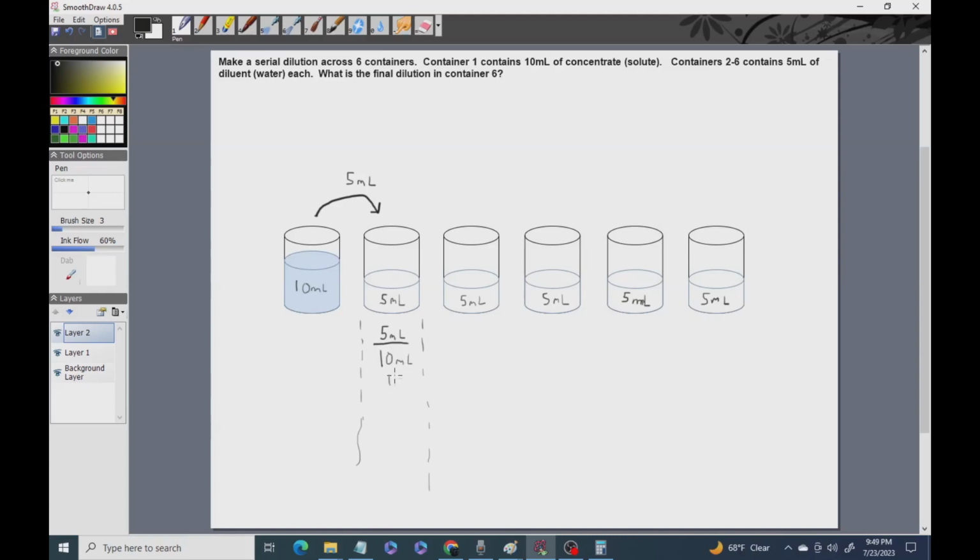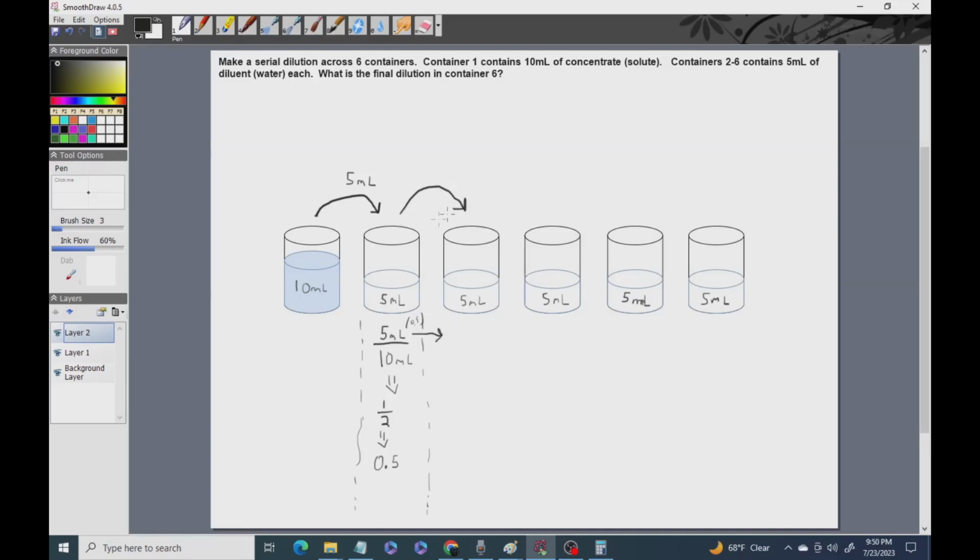So that gives us, if we reduce the fractions, 1/2, which is a fraction of 0.5, which we can then call our multiplier. So right now we have our first dilution, and again this is known as our multiplier. So we can multiply this 0.5 by 5 to get our next